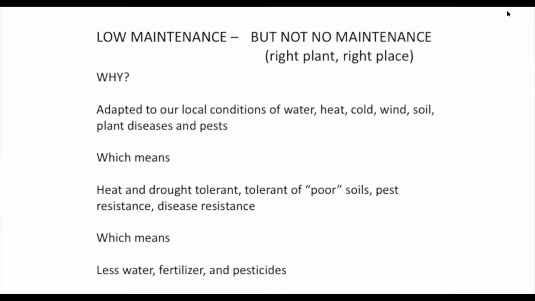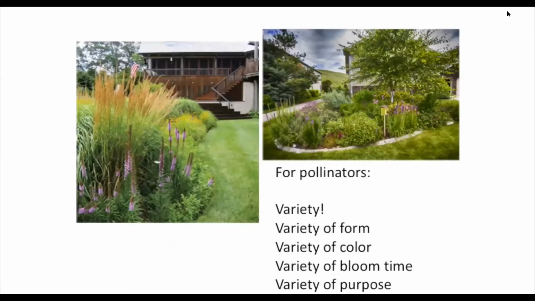We also plant natives because they are low maintenance. Being adapted to our local conditions of precipitation and heat and cold in our soils, our diseases and pests, means that these plants are heat and drought tolerant. They are tolerant of our often poor soils. They are pest resistant and disease resistant, all of which means they require less water, no fertilizer, and no pesticides. Planting a variety of native plants will bring a variety of native pollinators, so plant flowers of different forms, colors,